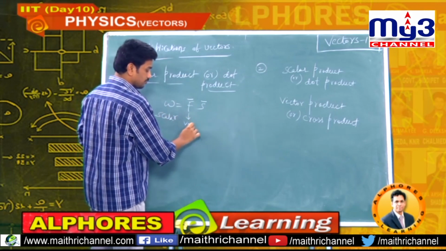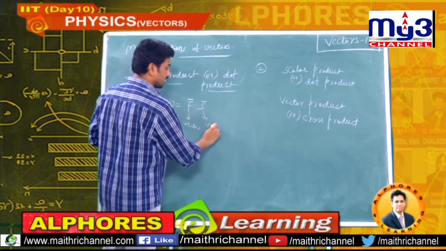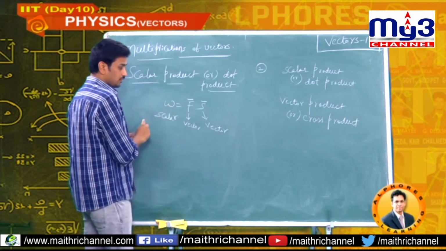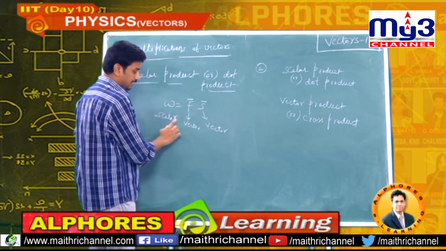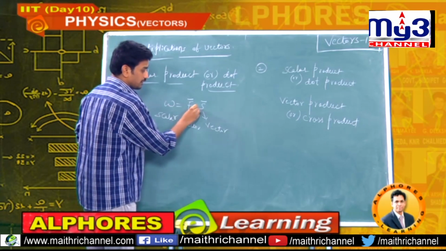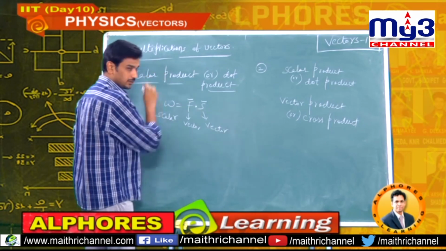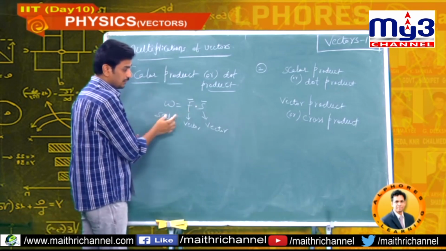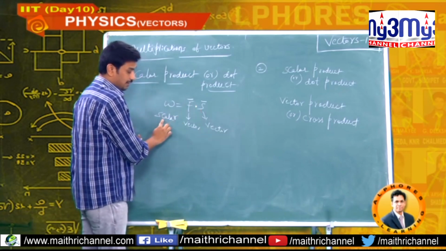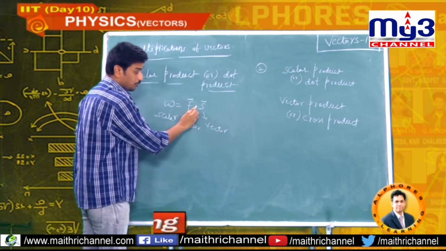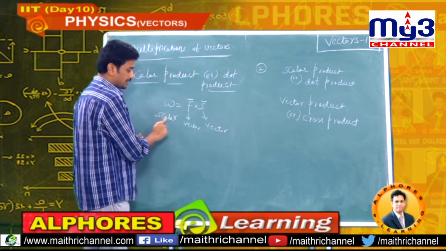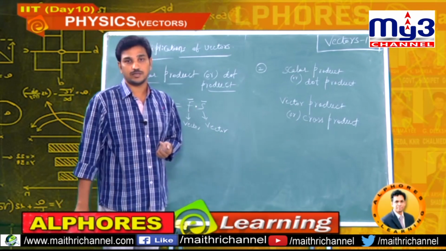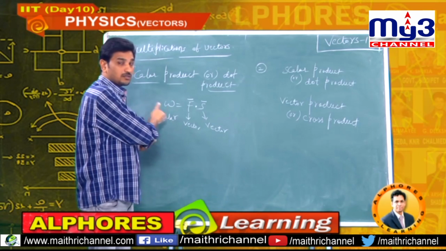Force is a vector. Displacement is also a vector. Displacement vector, force vector, work is a scalar. Now multiplying two vectors we are getting a scalar. Now this product is the scalar product or dot product. Here because of one operation, this operation is giving a scalar. How can I know? Work is a scalar. Work requires only magnitude. It doesn't have any direction and it does not satisfy vector laws also.